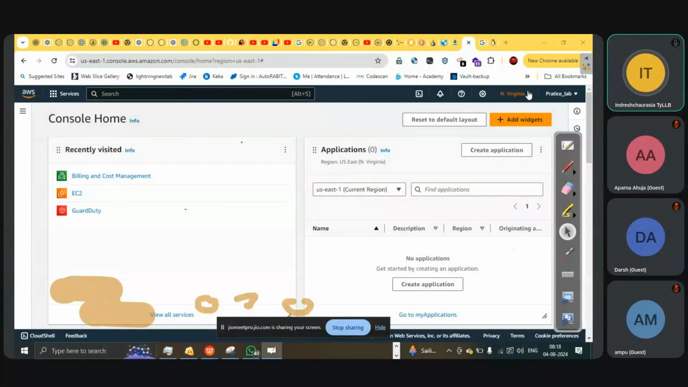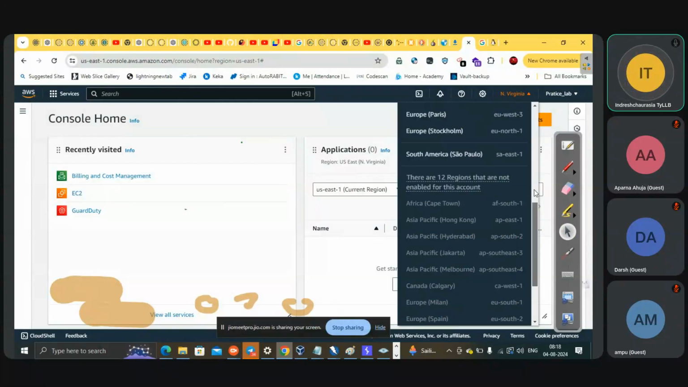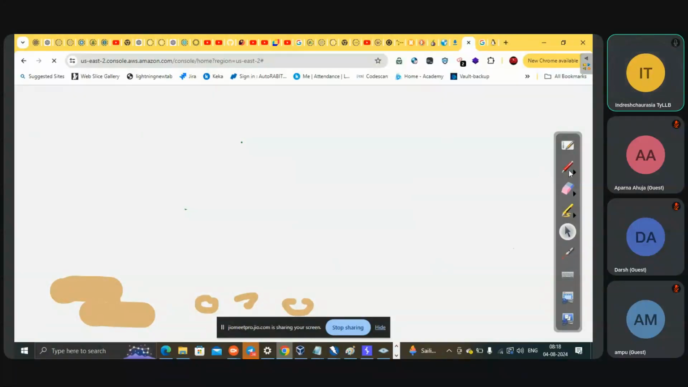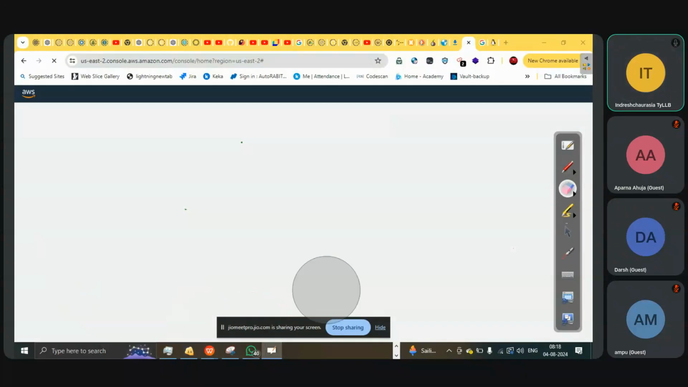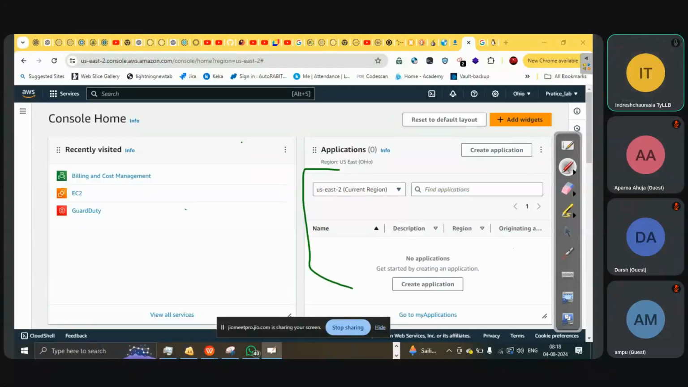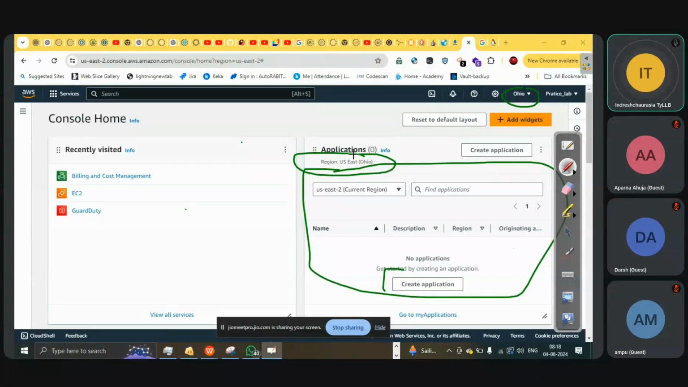How are we going to see it? You just have to click on whichever region you want to select. It will open that particular region. See here, it is coming up. Now you can create an application. Where are you going to create the application? In this particular region. You don't need to do anything else. You just open this particular